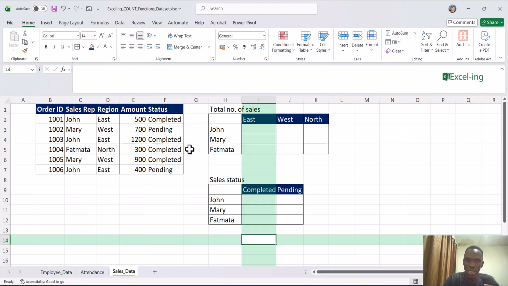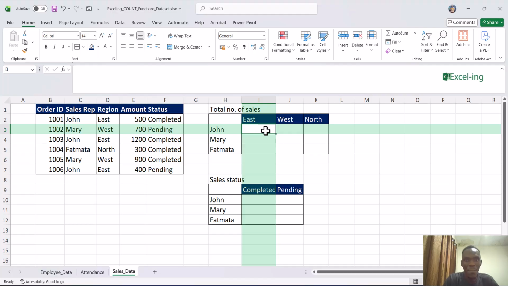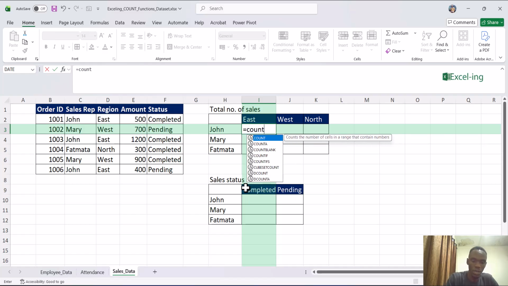So we want to see the total number of sales made by John in this region. In order for us to achieve this, we have 2 conditions here. One, we have region and also salesperson. So we say equals, we use the COUNTIFS function, with the S. And our first criteria range is the salesperson or sales rep. So we select it